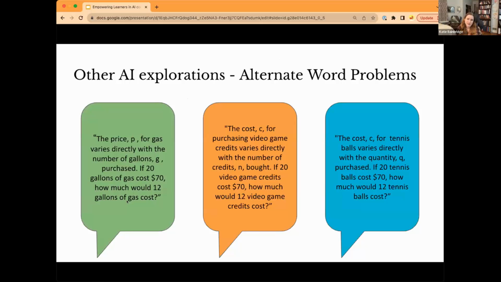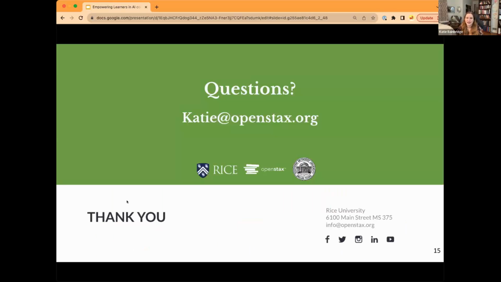And then hopefully another thing that we're doing with AI is that we'll be able to test Candace's alternate word problems to see if they are effectively increasing student motivation and engagement and increasing student learning outcomes. So, we'll hopefully be able to actually apply Candace's alternate word problem idea in real classrooms and see if they're having an effect on learning sometime next year. And that is it for me.